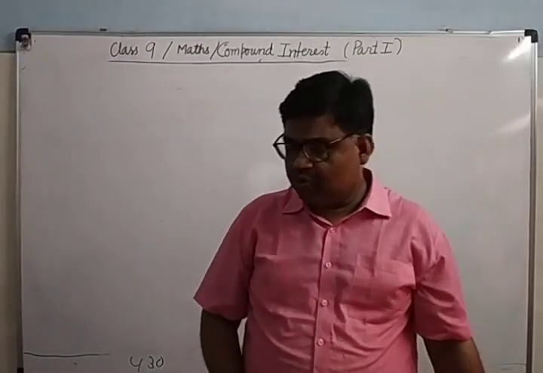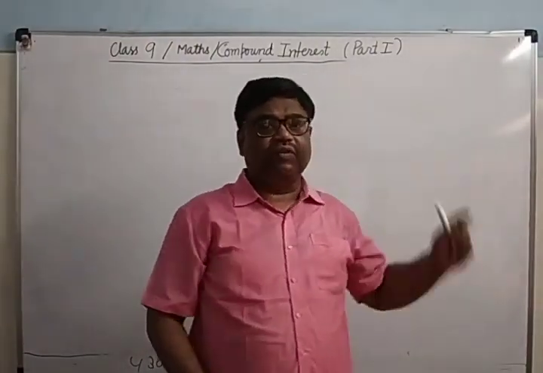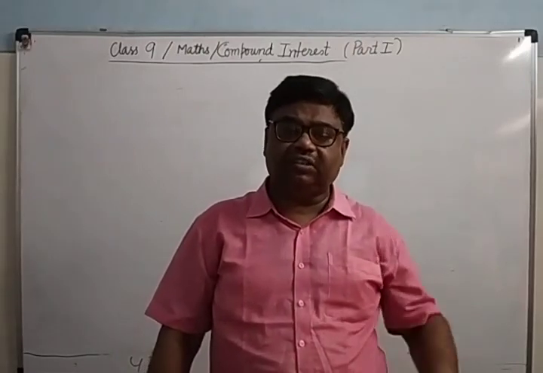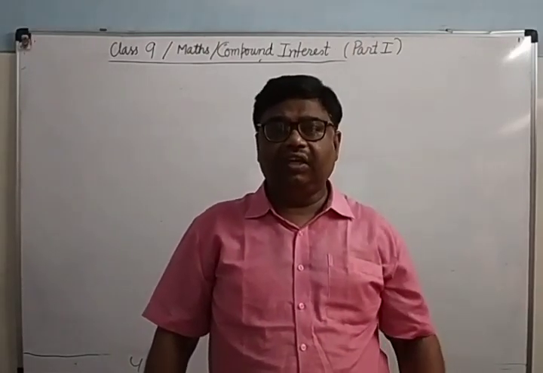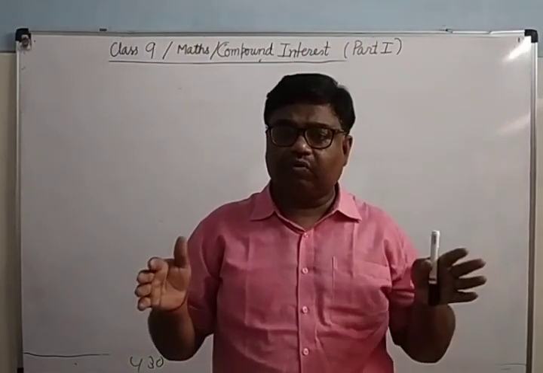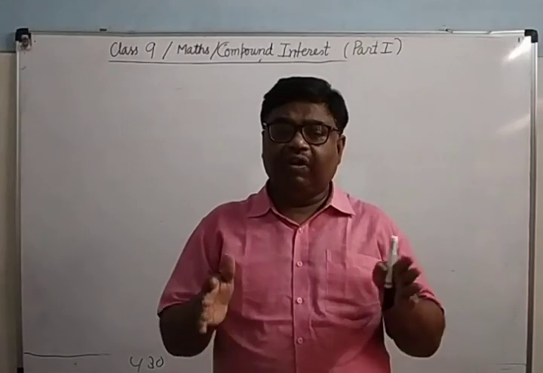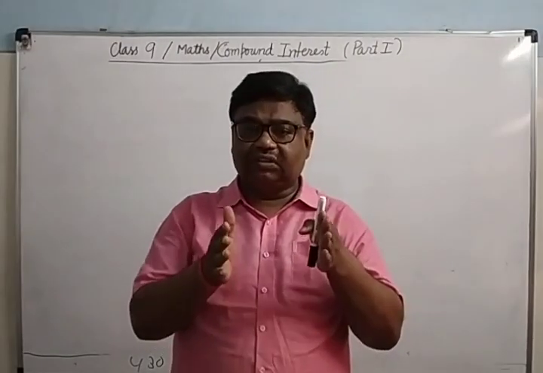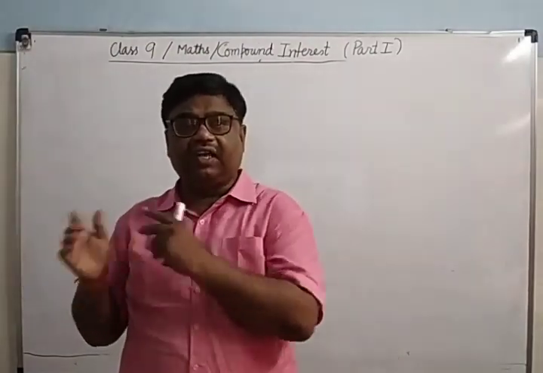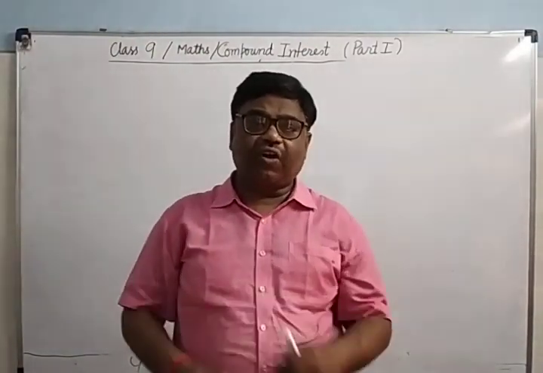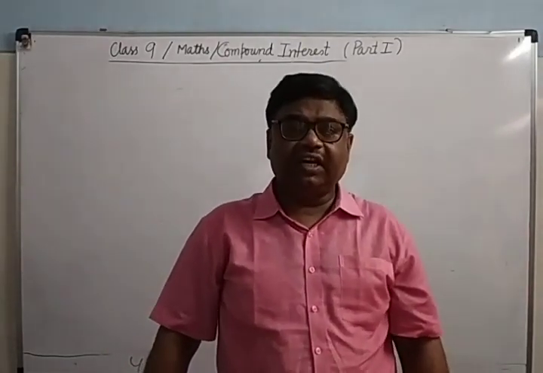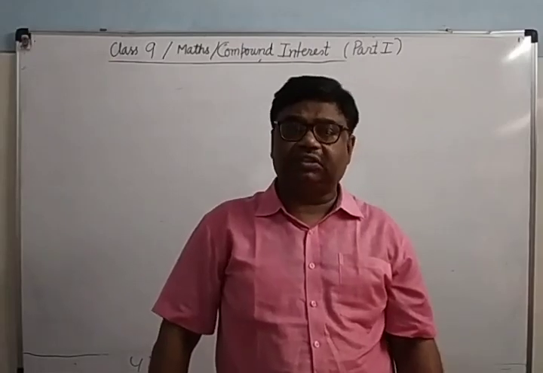Is it clear? Now, we will calculate in the same way, by the same formula, using the formula of simple interest year by year. Every year we will apply the formula of simple interest. Means we will not calculate all together. We will calculate year by year, means first year, then second year, then third year, like that. What will be the time for every year? 1 year. Because first year means 1 year, second year means 1 year, third year means 1 year.